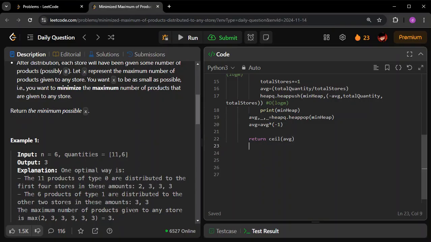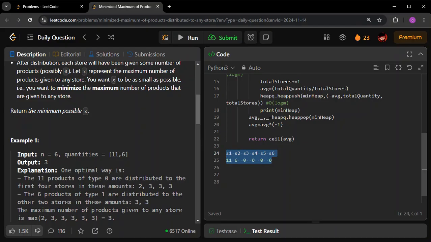So what I will do is create 6 stores here. Let us say store 1, store 2, store 3, store 4, store 5, and store 6, the 6 stores I have. So what are the quantities now? Let us say currently I am writing 11 and 6 here. That means other stores have 0 of it. Initially, if you try to find the answer the way it is given, you will get that the answer is 11.